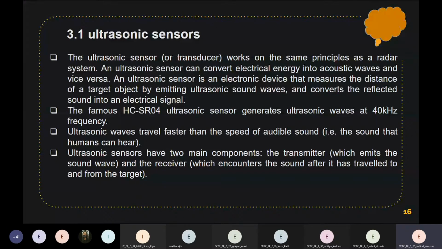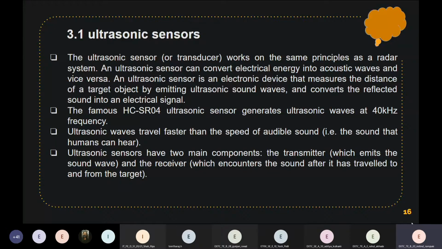These sensors have two main components. The transmitter emits the ultrasonic wave, and it propagates until it is deflected by an object. The second component is the receiver, which detects the sound after it has traveled from the target.